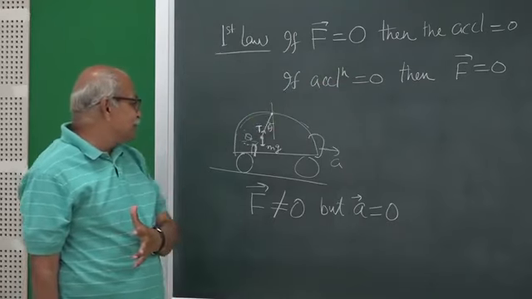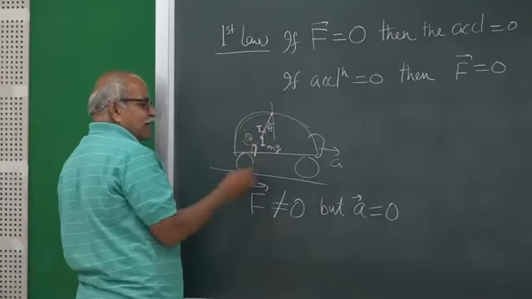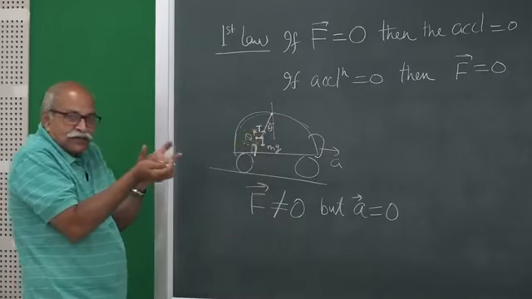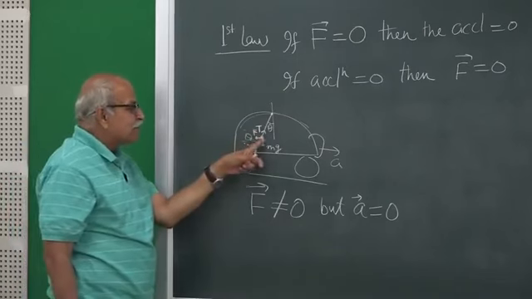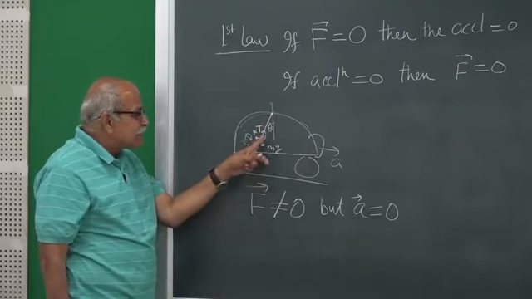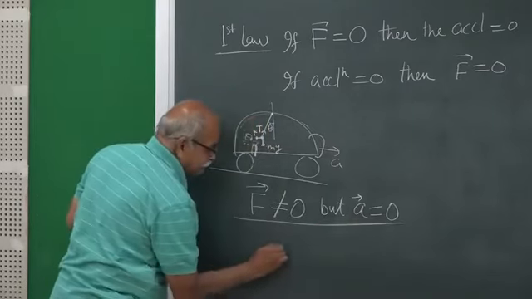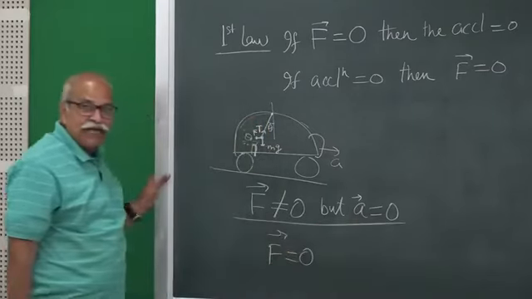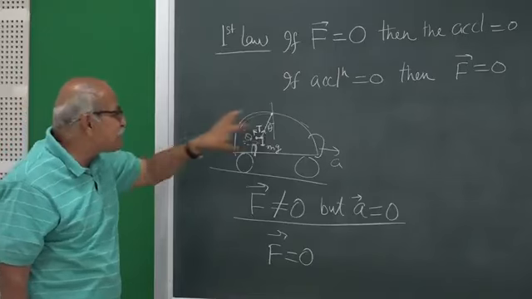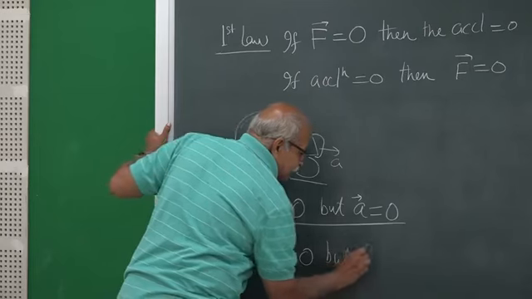And if you have a resultant of these two, and you want to make the force 0, you apply a force here, you pull it, you hold the bob and pull it. Why? I want to make the force 0. This tension here, this mg here is giving me some resultant, and I apply a force to make the total force 0. What will happen? This bob will be accelerated towards me. If I pull it, the bob will be accelerated towards me. So F is 0, but a is not 0.